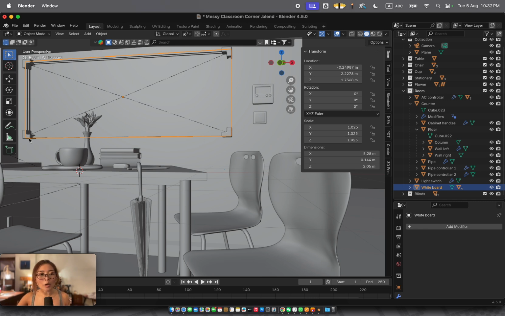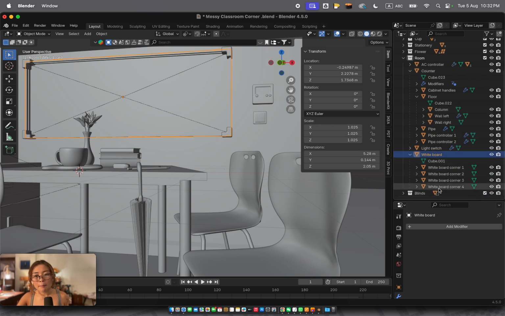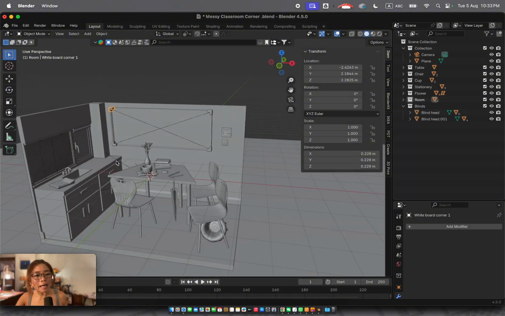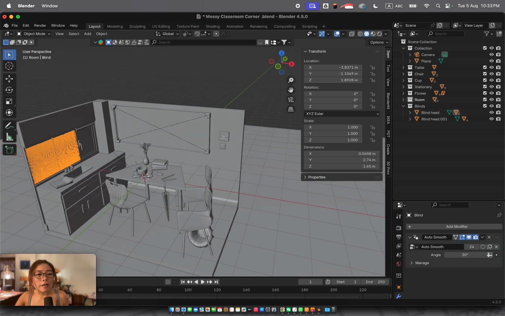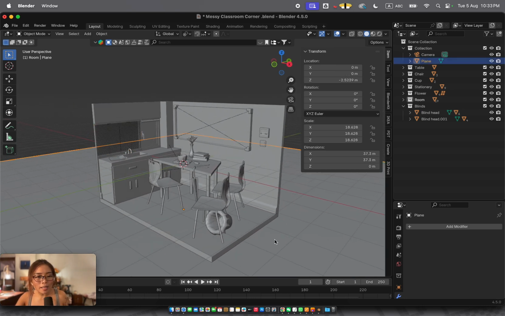It means that the corners of the whiteboard are separated from the main whiteboard, but they are parented. So I will just leave this here. I don't think that is much of a problem. I will just leave this here and move on to the last, blinds. The blinds, I used a generator to generate the blinds. It has nothing to do. Everything is fine. If you look at the room like this, then you probably think that everything is fine except